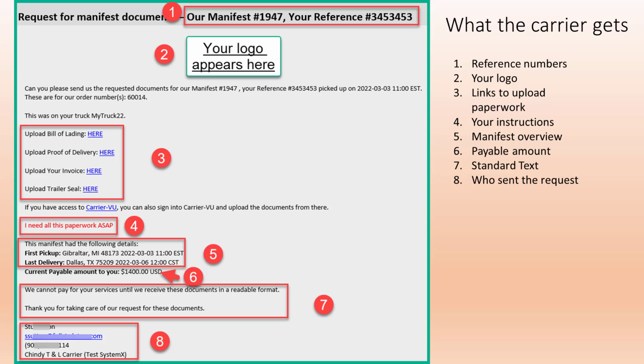It will show their reference numbers, your logo, the links to upload the various pieces of paperwork you asked for, your special instructions, an overview of the manifest, the total payable amount if you've set the pay amount, some standard text to say, hey, if you don't get us your paperwork, you may not get paid, and who sent the